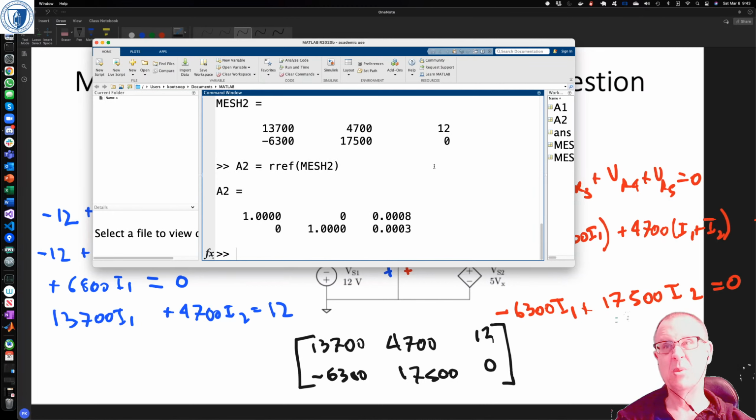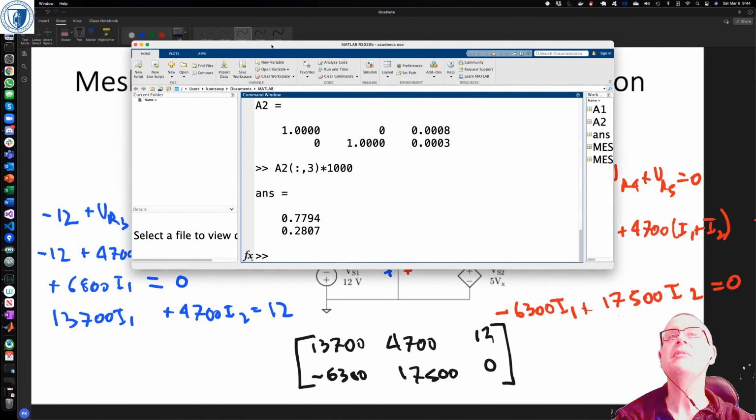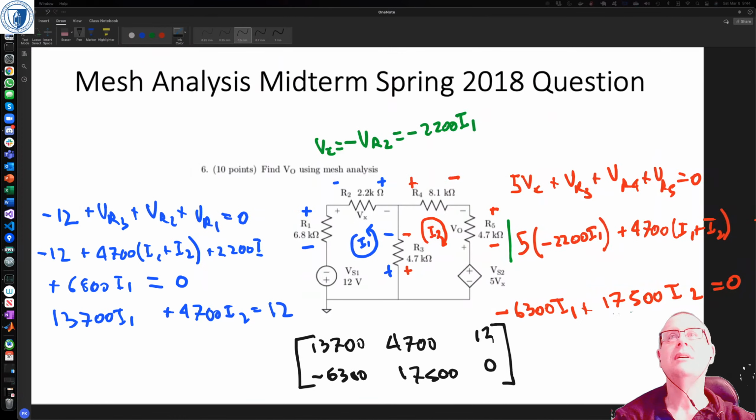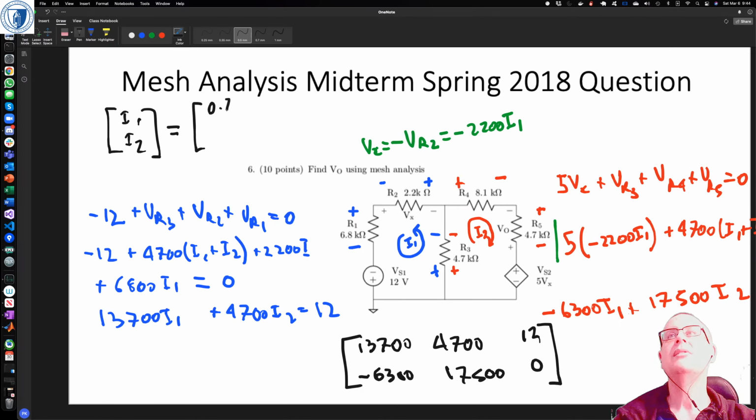And again, I'm going to just access that last column so I can see more significant figures. And that looks pretty similar to what we got before, except the signs have changed. So our I1 and I2 are now equal to 0.7794, and oops,